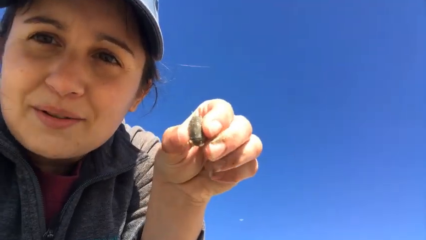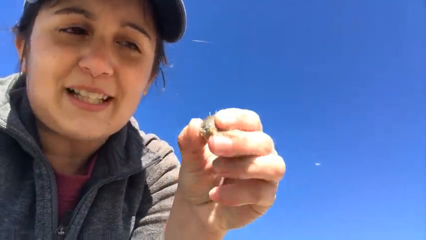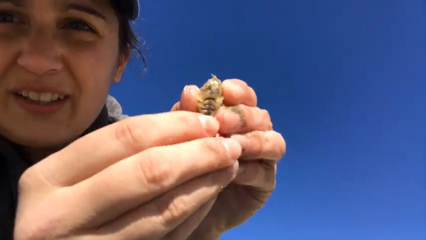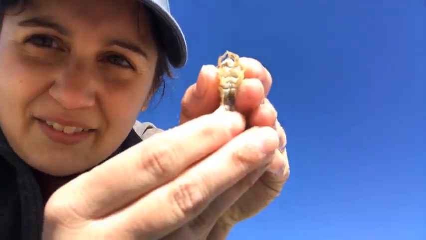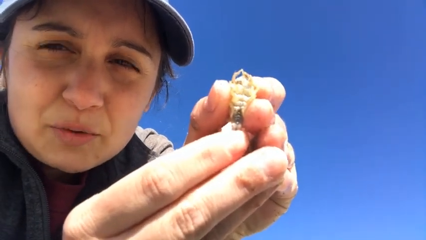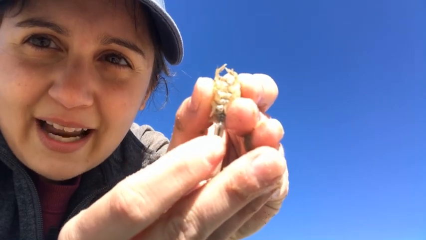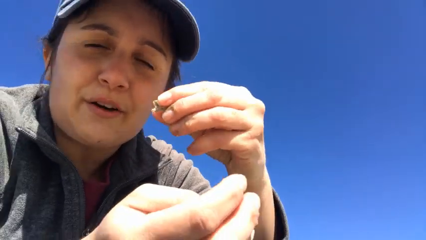All right, so as you can see here, he is much, much smaller than the female we just looked at. So if we kind of pull that back, you can actually see that he doesn't have those specialized swimming legs called pleopods, and it's a little bit hard to see, but he does not have them. So that's how you determine whether male or female, and that's the data that the students collect for us